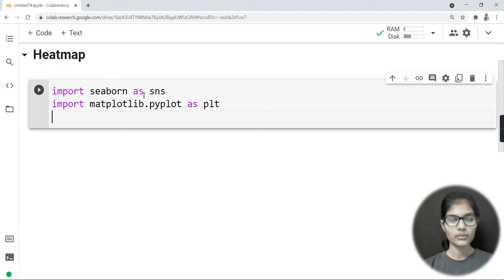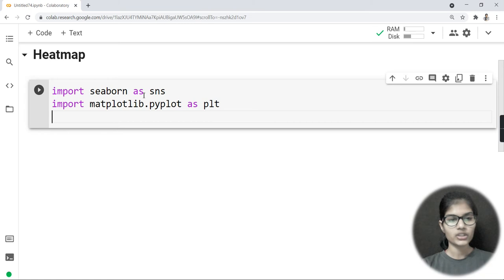So these are the two libraries which I am going to import right now. The first one is Seaborn and the second one is matplotlib.pyplot. The short form which I have given to Seaborn is sns, and the short form for matplotlib.pyplot is plt, right? Moving towards the next thing.